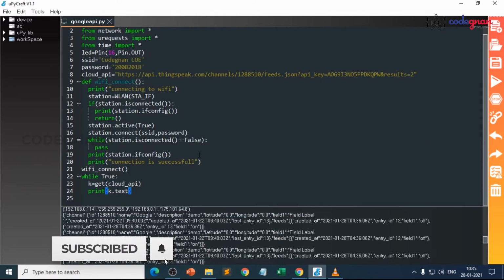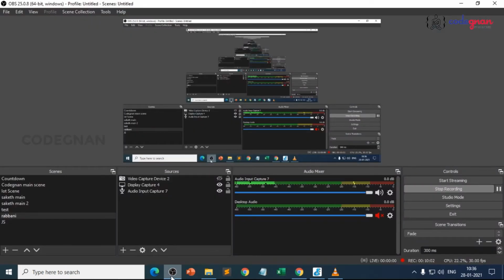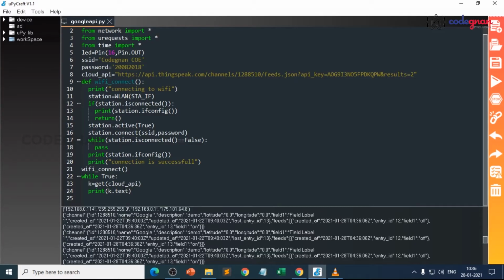Next line, just remove the print and declare a variable, k equals to k dot text, and then split this with double quotations here.